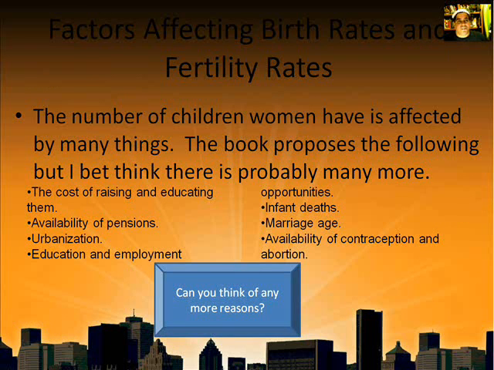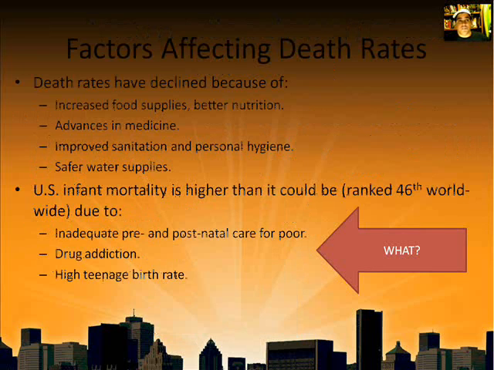All right, so these are some things that affect fertility rates and the rate of birth. And I mean, this is a good list. Don't get me wrong. I like the list, but I think there's a lot of other things that can affect this as well. And when you read this section in the chapter, every one of these is explained a little bit more in depth than what we can go through in this slide. So you will need to look at the chapter to answer some of the questions, but this gives us a little list. I wonder if by looking at this you can think of any more reasons. We'll see. And here are some things that affect death rate.